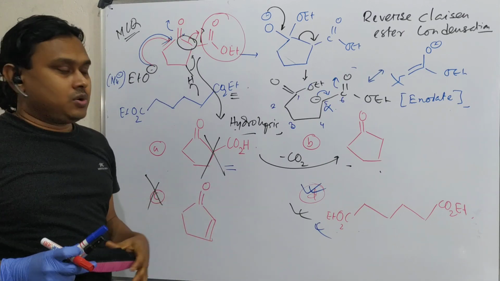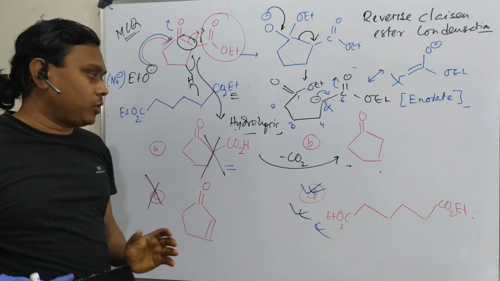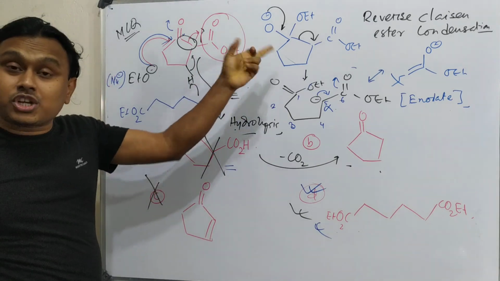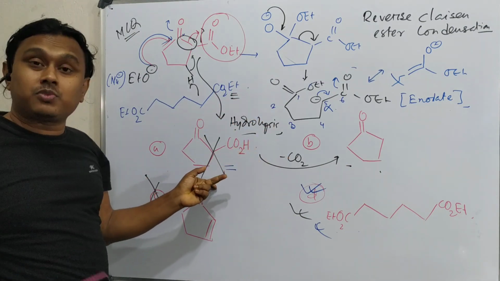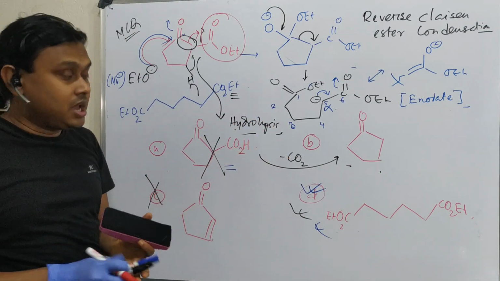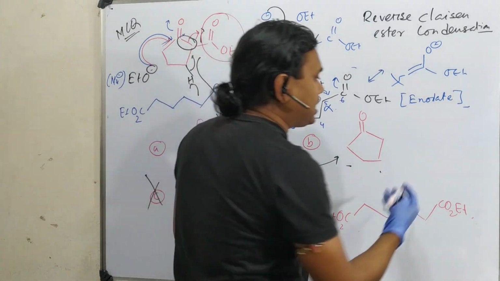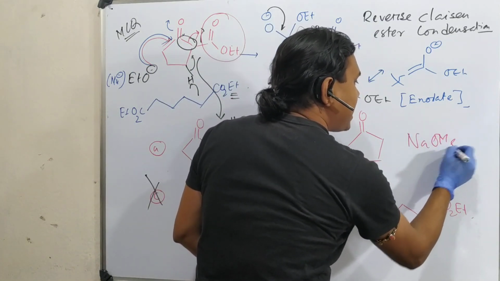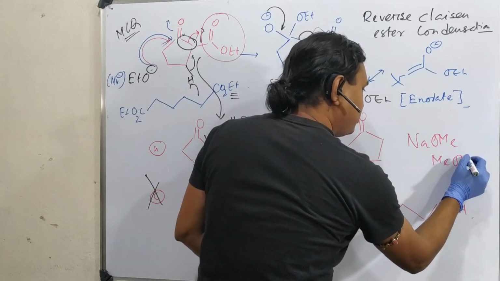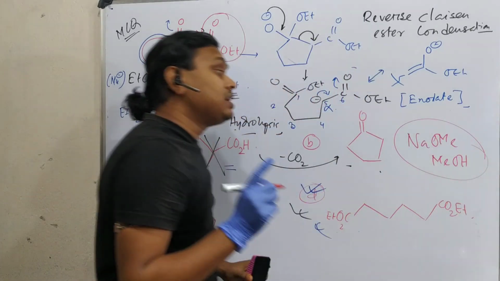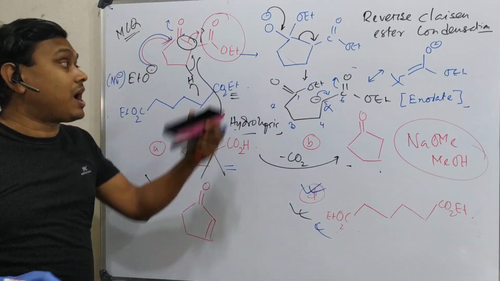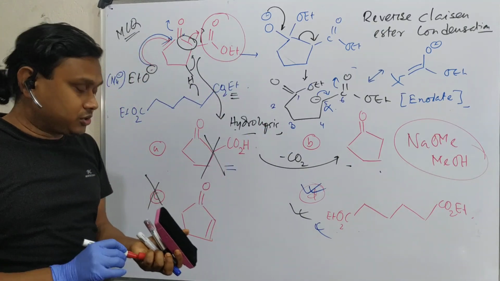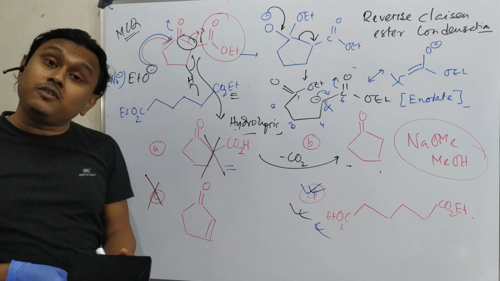And another thing, if you don't know this properly, just look at whether it is possible. As I told you, hydrolysis I haven't mentioned, only sodium ethoxide and ethanol, so not possible. And why have I taken sodium ethoxide? Instead of that, I could have taken, for example, sodium methoxide and methanol. Almost similar, but why haven't I taken that? Because transesterification is possible. So I have eliminated the options for those things also. That's why I guess you should not be confused.